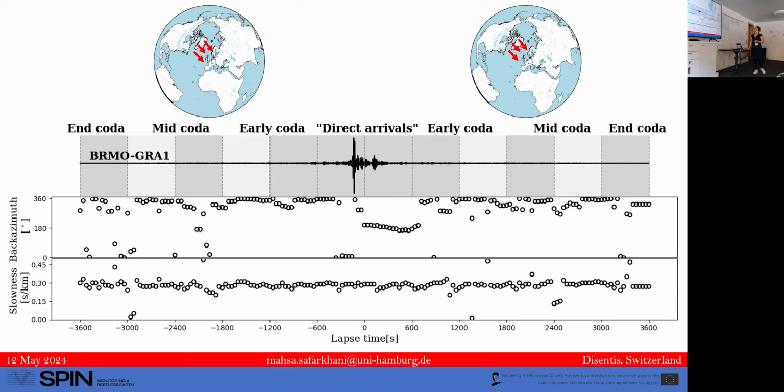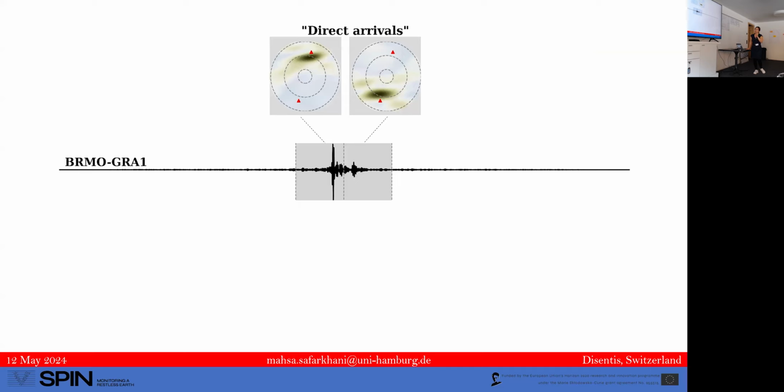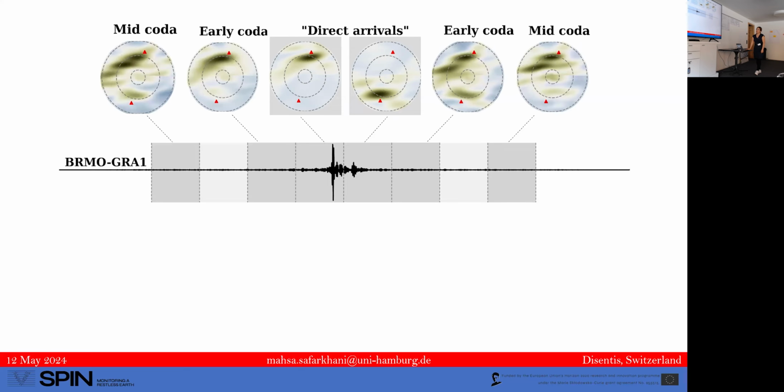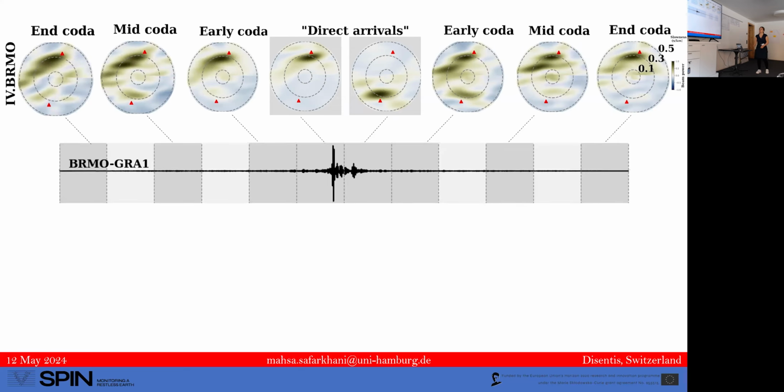So I show you first the result for the primary microseisms. This is the 10-minute window regarding the direct arrival. As we can see, it is exactly the same as the previous slide. The most coherency of the wave field is related to the master and receiver in the polar plot. And also the radial parameters show the slowness, and we can also see the azimuth and geometry of both stations, but the ray triangle. But when I go to the coda parts, we can see the most coherency comes from the direction, again, from the north and northwest of the Grafenberg array.